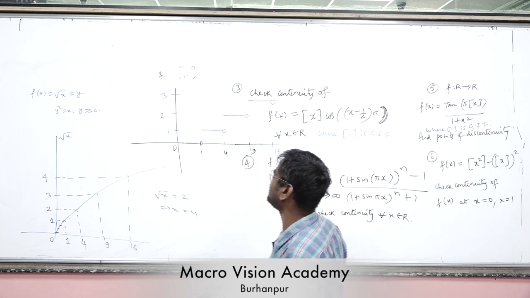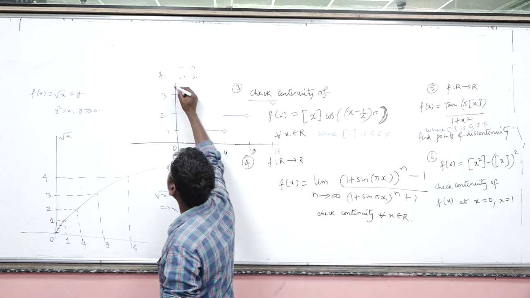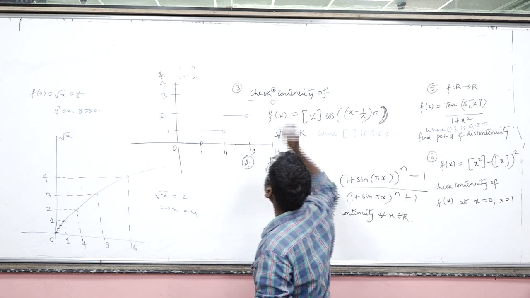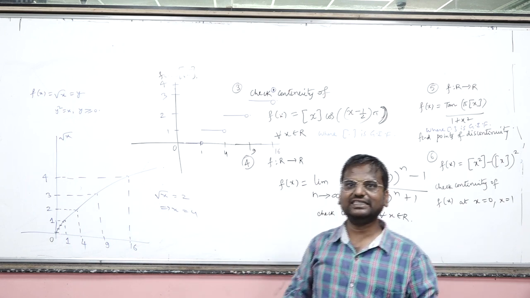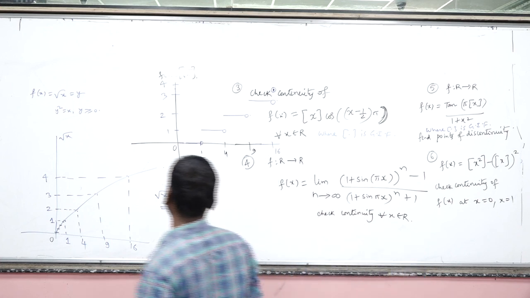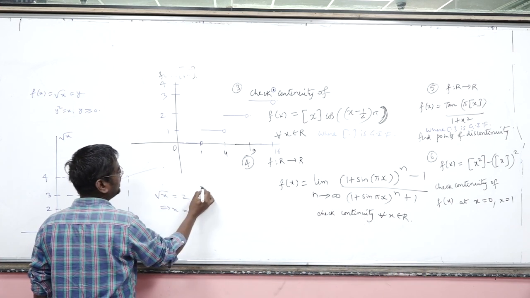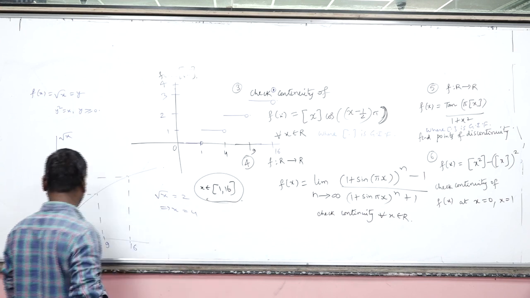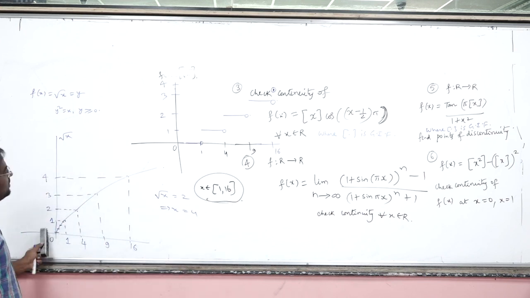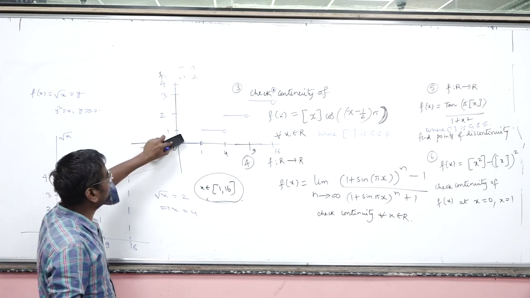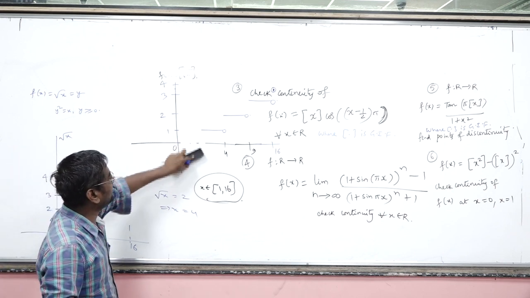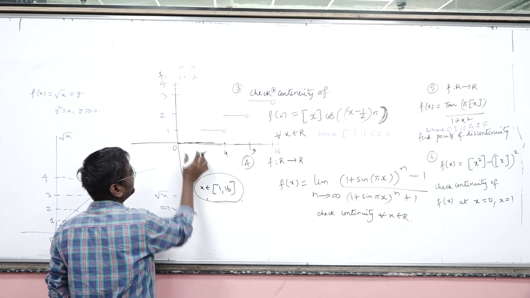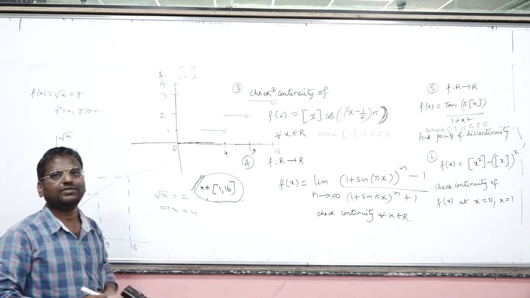Okay, exactly at 16, there is 4. So even 1 point also, you have to mark that circle. This is the dot. Okay. So as you can see, in closed interval 1 to 16, our duty is not about this. Our duty is to answer in 1 to 16. So we need only from 1 onwards. So in fact this branch was not even required. So exactly at x equal to 1, close to 1, we don't want this branch since our focus is only between 1 to 16.